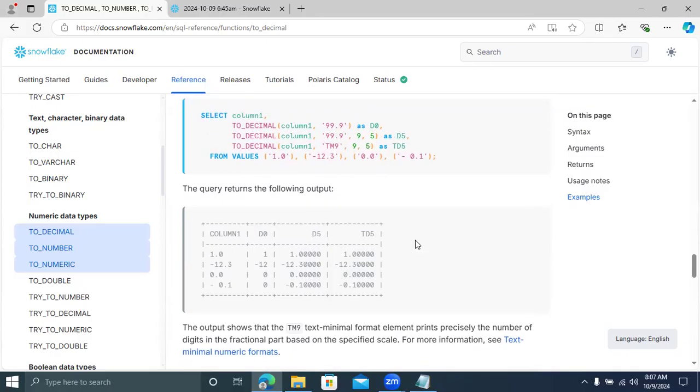0 is coming, 19.9 format. Okay, we are not given precision scale here. It's coming 1, 12, minus 12, 0, and 0. Okay, good. Next one, we are again getting precision 9 and scale factor 5, as per the things we are getting here. Okay, next one is